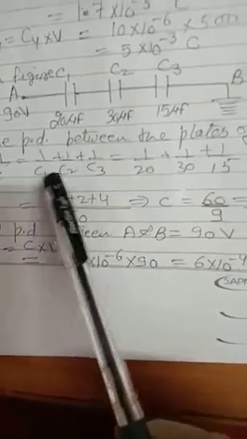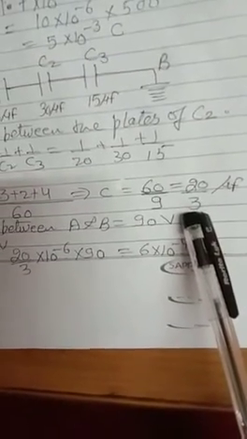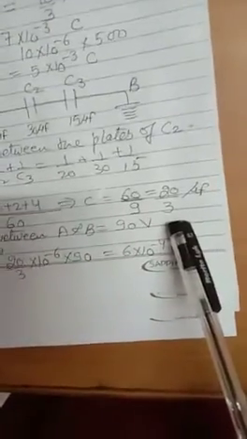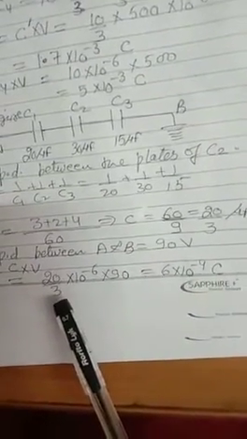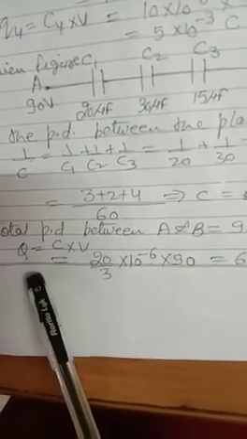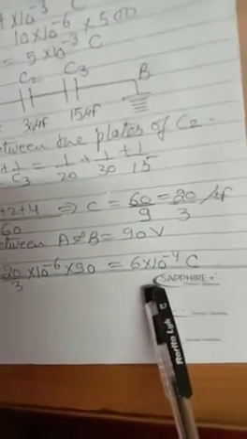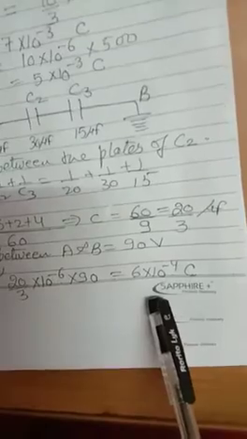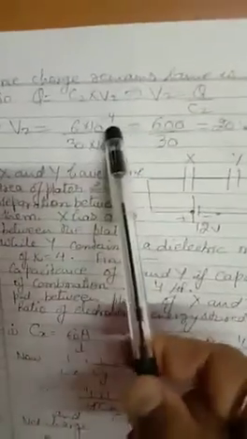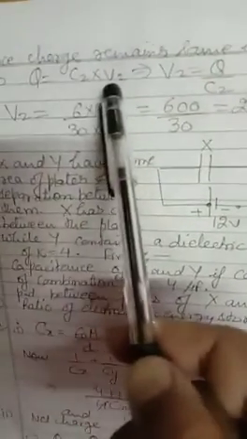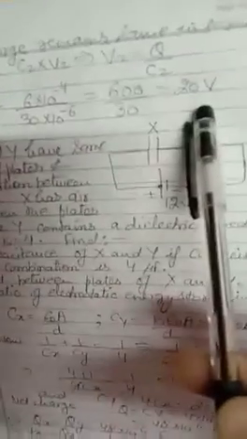Net capacitance we can calculate: C1, C2, C3 are in series. So value wise we get on solving 1 upon C is 1 upon C1 plus 1 upon C2 plus 1 upon C3. So when we calculate, the net capacitance is 20 upon 3 microfarad. And you know on series combination the charge on the plates remains the same. So we get that total potential difference is 90 volt. Capacitance we know, so we apply the formula Q is CV. So on solving we get that the charge between the plates will be 6 into 10 power minus 4 coulomb for each capacitor. So now we apply it for the second capacitor. The Q is CV. So that way we get Q is C2 into V2 and on solving we get